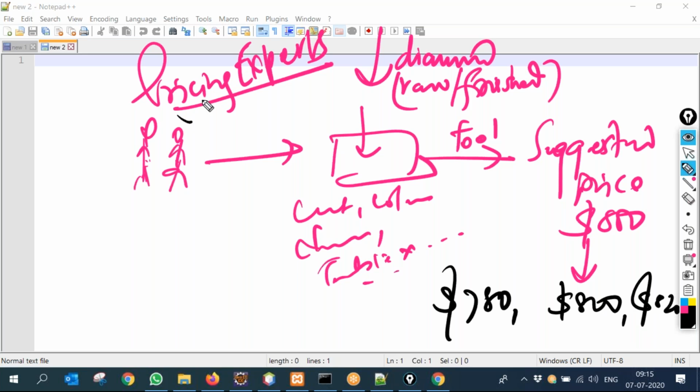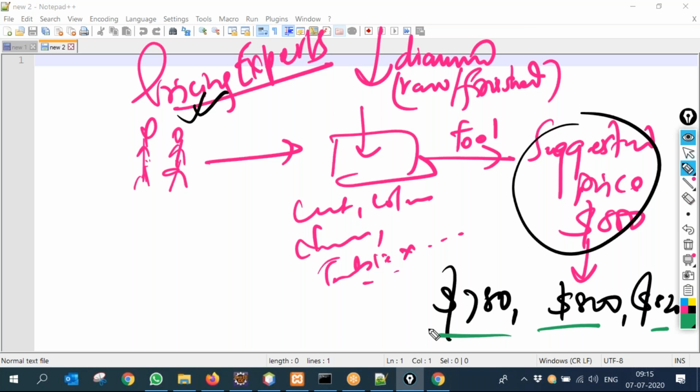That is the role of the pricing expert. He puts in the data of the diamond or diamond batches, the tool suggests how much to charge or how much to pay, and the pricing expert takes a subjective decision whether that price suggested by the tool is good, bad, or ugly.